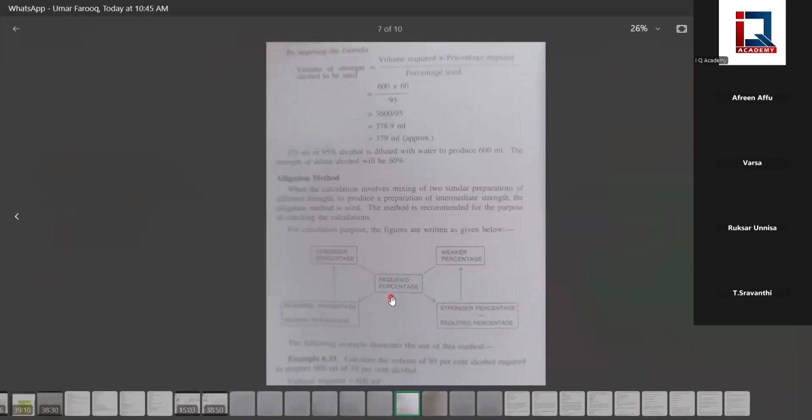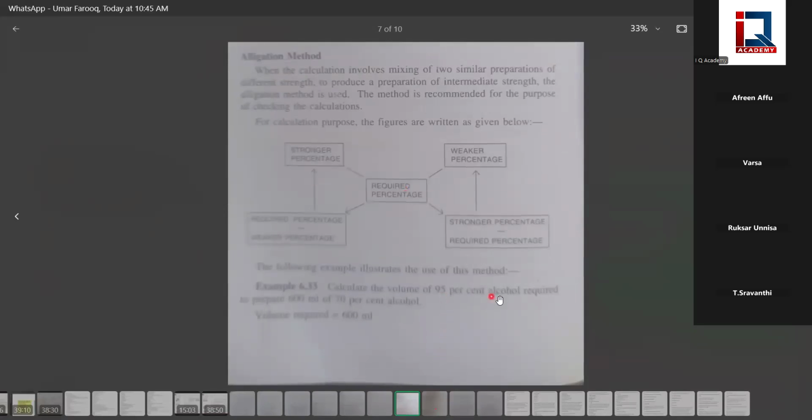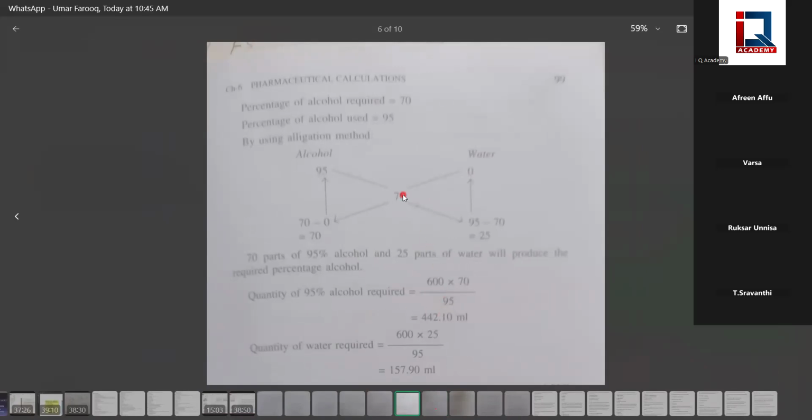See, what is the question? Calculate the volume of 95% alcohol required to prepare 70%. So I kept 70% required in the middle. Stronger 95 on one side, and weaker, water, so I kept 0, right? So now I am using the formula, required percentage,